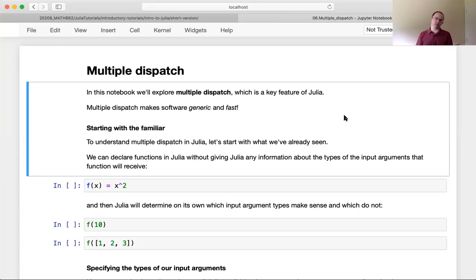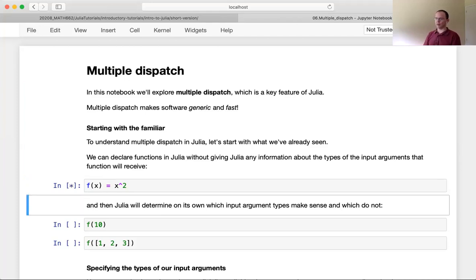So multiple dispatch is similar to this, but instead of just looking at the type of the one object, like the x or the y, it'll actually look at the full type signature of all the arguments that are passed. And this is really nice because sometimes you want to do different things depending on not just what the first argument is, but based on what the other arguments are. So we'll see how this works in Julia. So let's start by